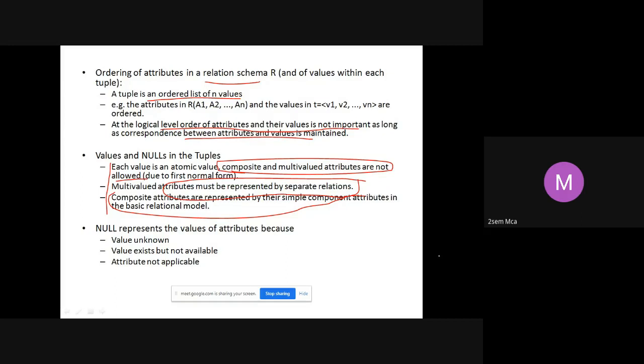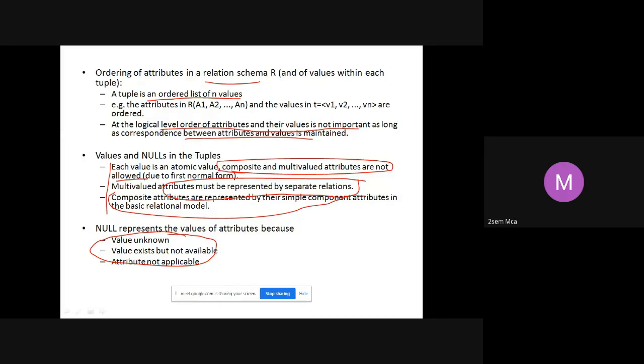Right? Null values. We said in the last couple of classes there can be three reasons why values may not exist: the value is unknown, the value is not applicable, or the value is there but I don't know it. For all these reasons your attributes can take null values, as long as your attribute is not a primary key. Value is unknown.